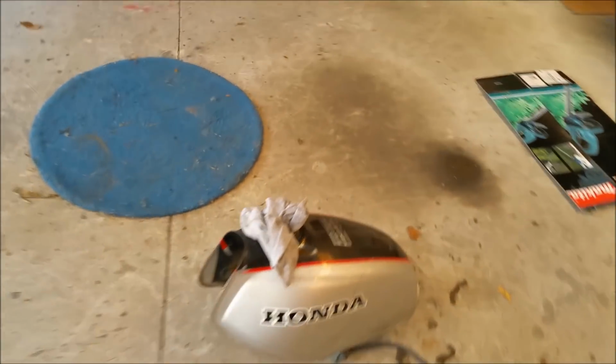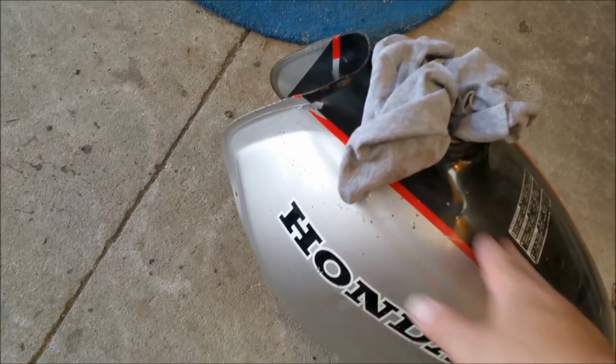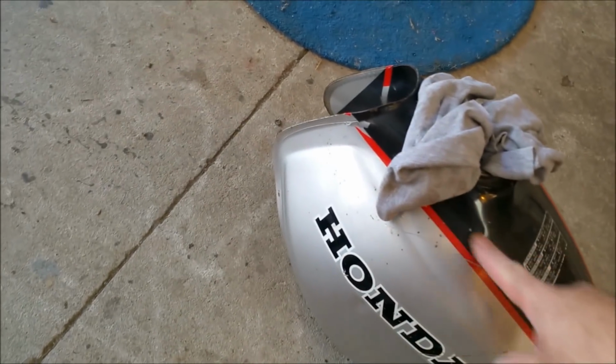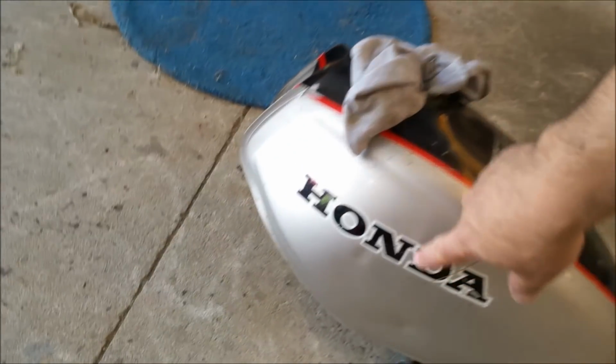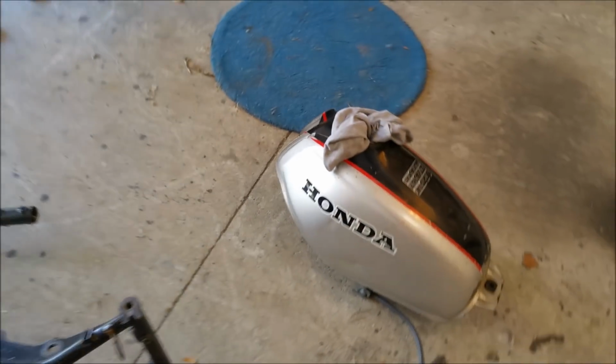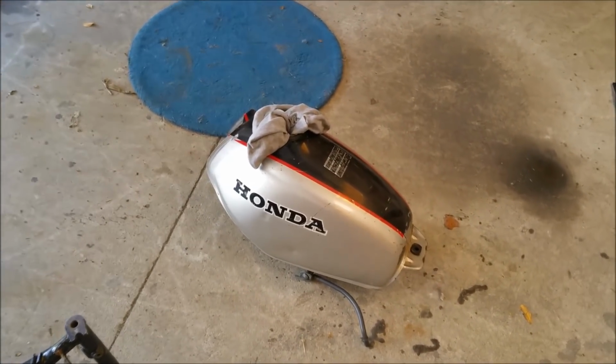Now, the tank on the bike's a little bit different. There's a few things I need to do with this. I need to wash underneath it, and also I need to get rid of these decals, because actually that's not the right tank, that's the other one, that's the one I'm not using. The reason is the stripper won't get in on those decals there, so that's something we've got to look at. But doing it when we start blocking it back, and normally when we block back on a door, we're